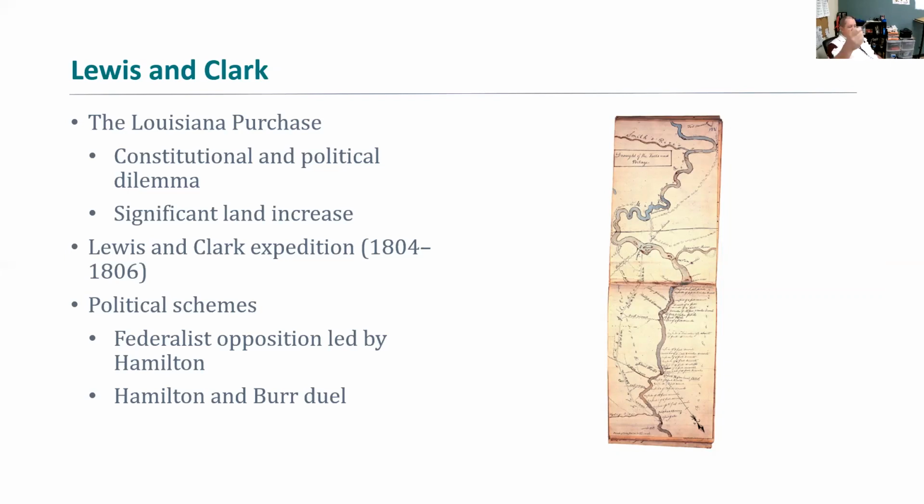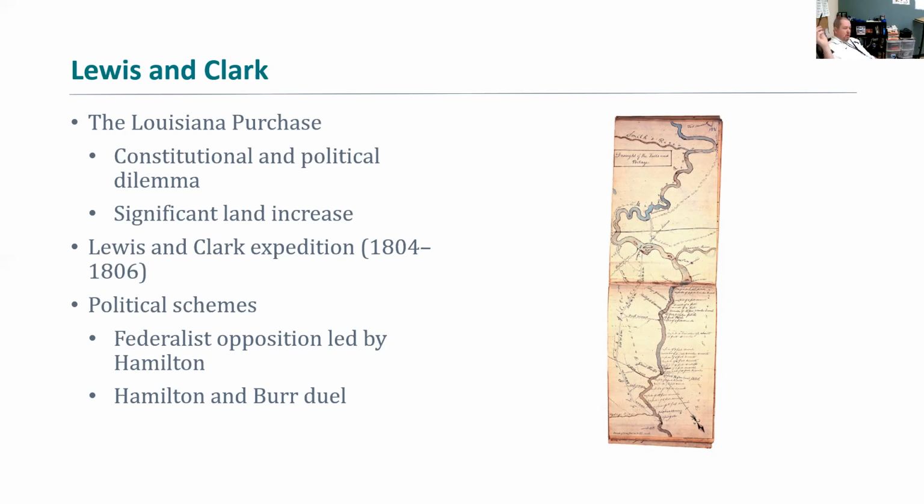But he realizes the importance. He basically utilizes something called the Necessary and Proper Clause to do what's in the best interest of the nation. We buy all of this from the French because the French need the money. Napoleon needs the money because Napoleon's basically dealing with his own sort of insurrection in France and his own issues with the British. So he needs the money.